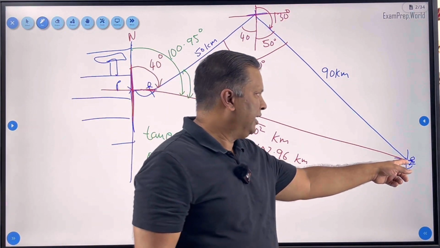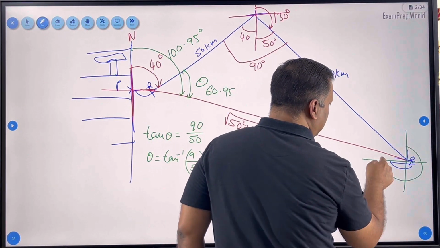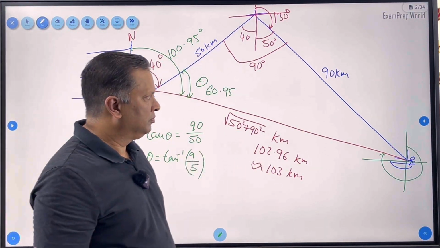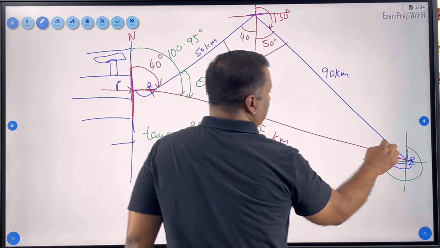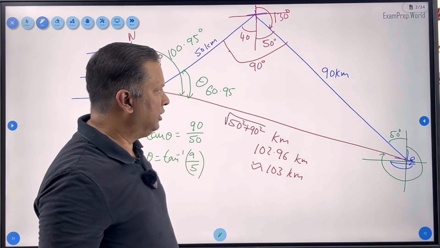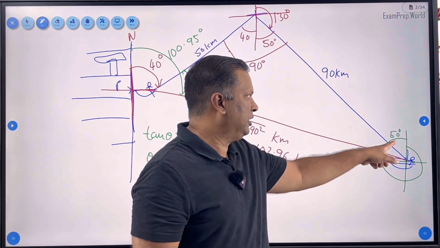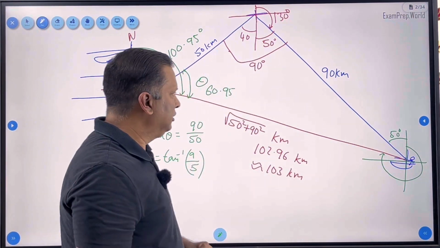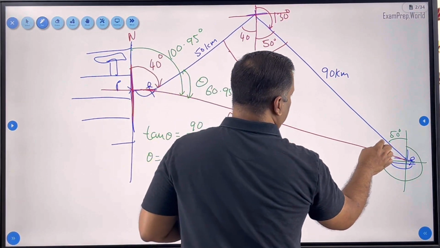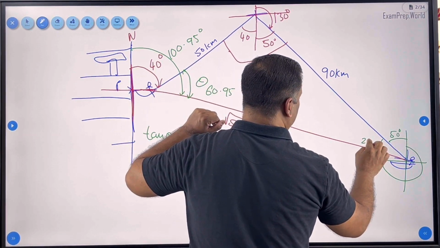And suppose you have to return directly, then you will have to go in which direction? You have to go in this direction, correct? How to calculate that direction? Let's see this. If this is 50, this angle is also 50, alternate interior angle. Now what about this angle in this triangle? If I get to know this angle, I will subtract from 360 the sum of this and this, and I will get the final answer, right? So this is already 60.95. So this is how much? 60.95, and total should be 90. So it is